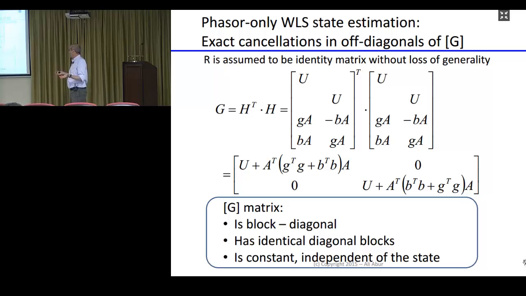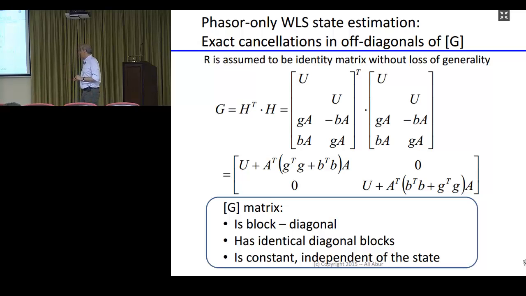very interesting because we are not really doing any approximations other than ignoring the shunts of branches. I'm not doing any approximation like we do in fast decoupled load flow, where we assume resistances are small, reactances are large, and this and that. So I'm not doing any kind of approximation. As a result, what we get is a block diagonal G. Not only that, the blocks are identical. The corresponding blocks, these two blocks, are identical, and it's constant, and it's independent of the state. So we get basically a natural decoupling of G. And not only that, the decoupled